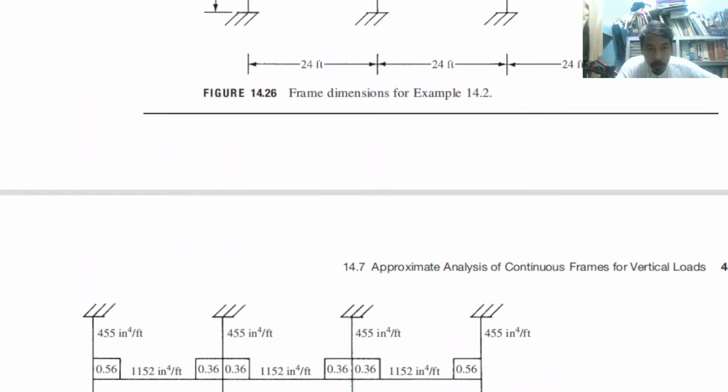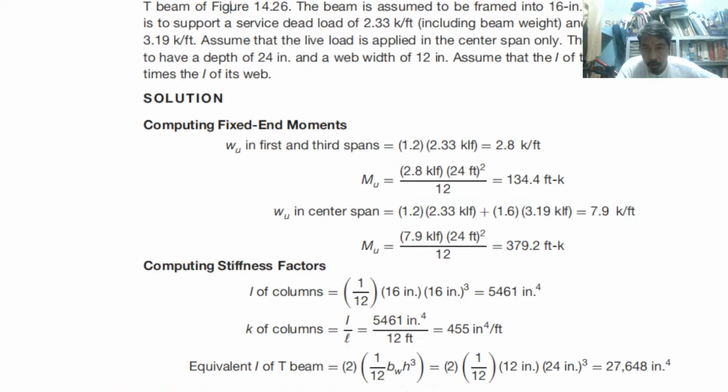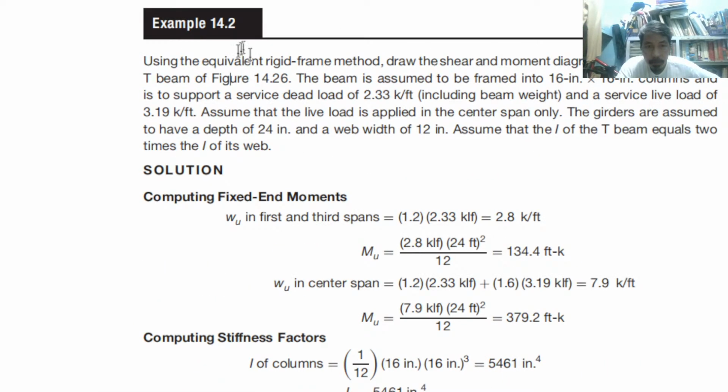That is our answer because we are only asked to draw the shear and moment diagram, so drawing it is only that way. First, what you can do is find out the WU, and then after finding out the WU, WL squared over 12, so find out M. For the center span, which is larger,